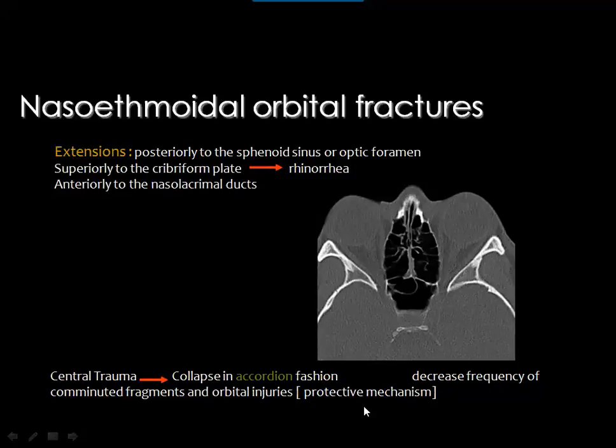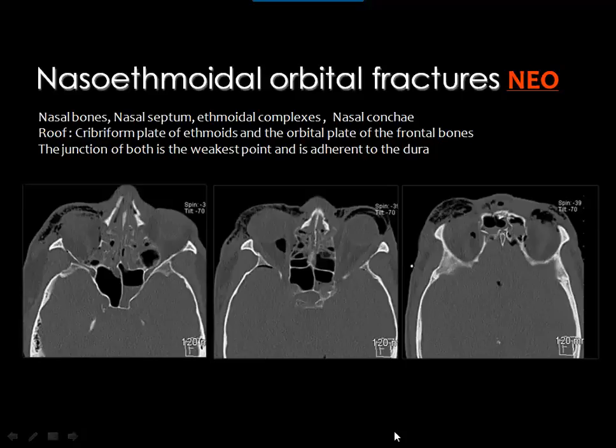Then we came to another fracture which is also important in the face, and this is the nasoethmoidal orbital fracture. And this fracture, the trauma is in the central part of the face. It will involve the nasal bones and the ethmoidal air cells, and also some of the orbital walls, particularly the medial orbital wall. Then this central trauma will result in collapse in an accordion fashion appearance with, as you can see here,